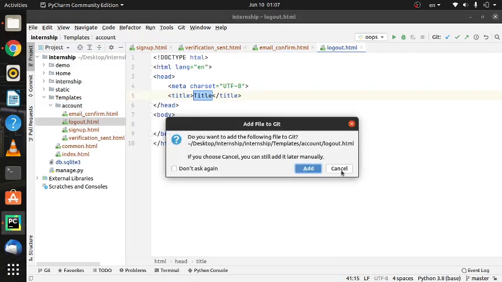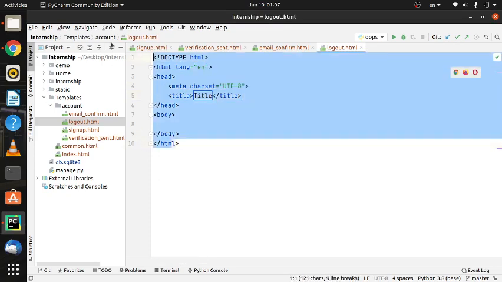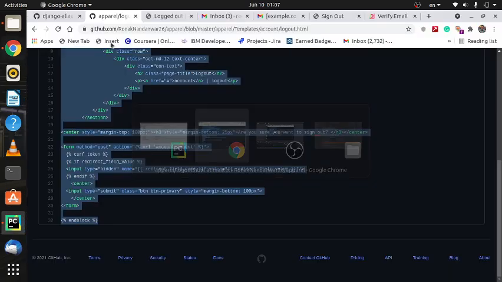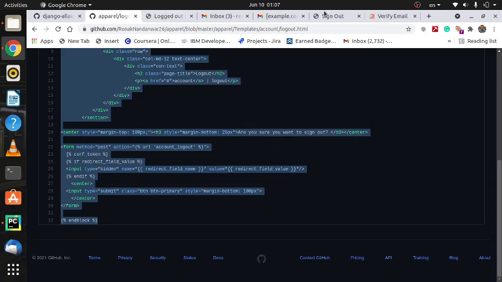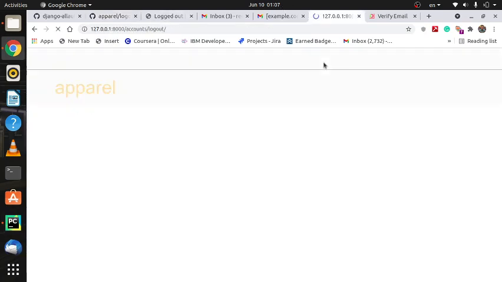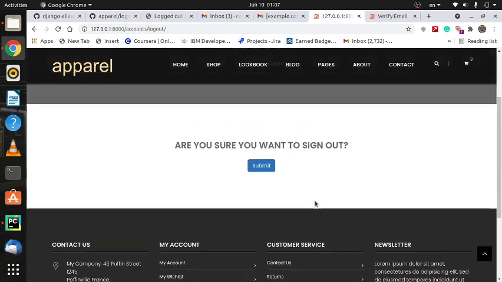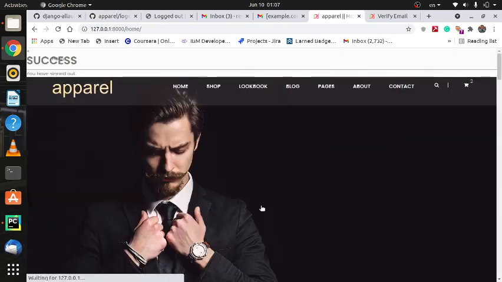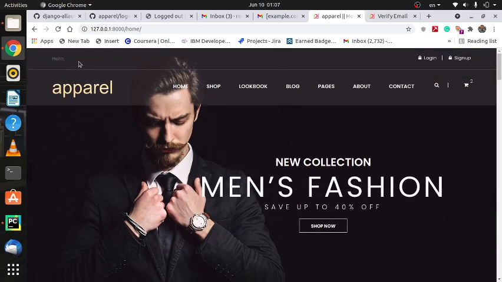And now again I can just copy and paste it. And if I go inside logout.html, then refresh it, you will see something like this. And when you click on submit, you will be logged out. Okay, so you have signed out and you will not see any name here.